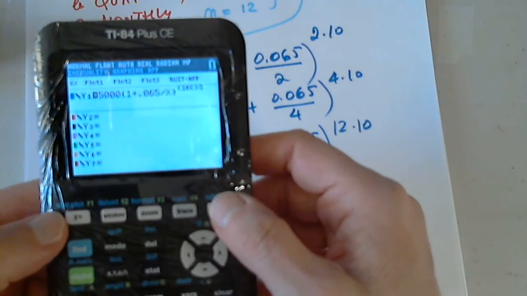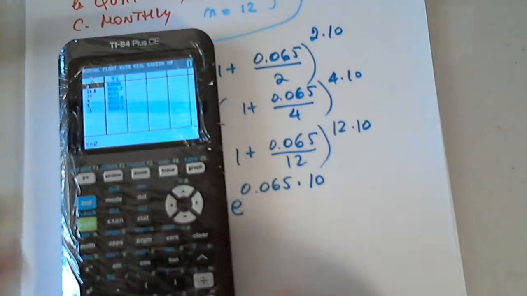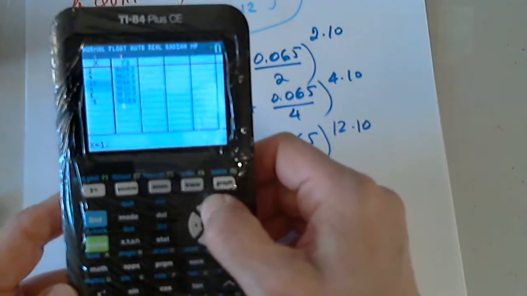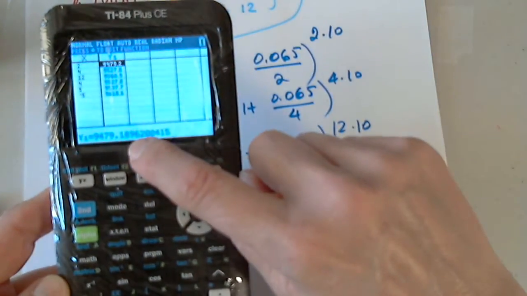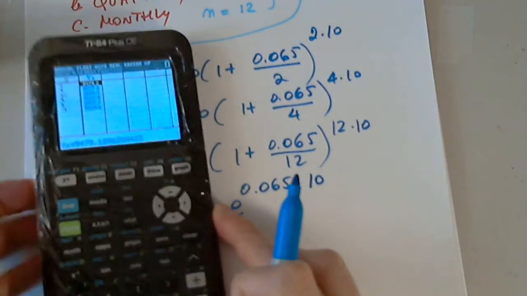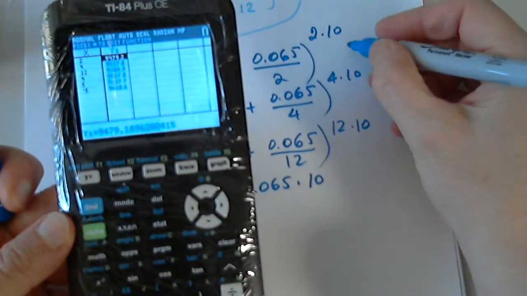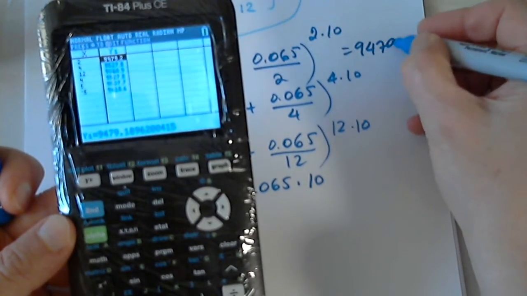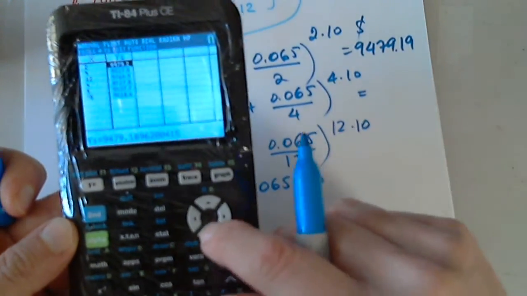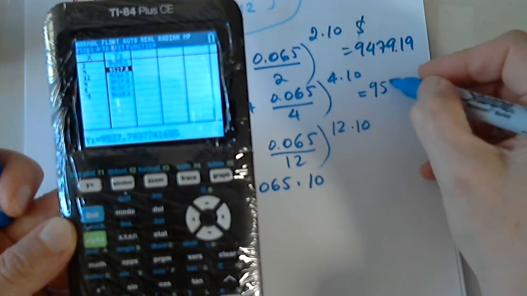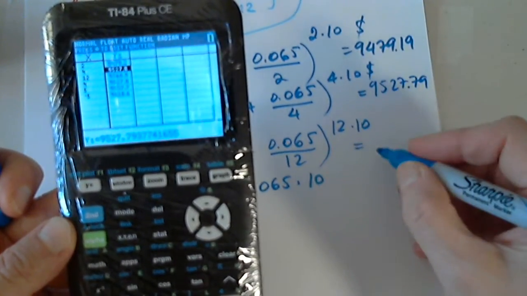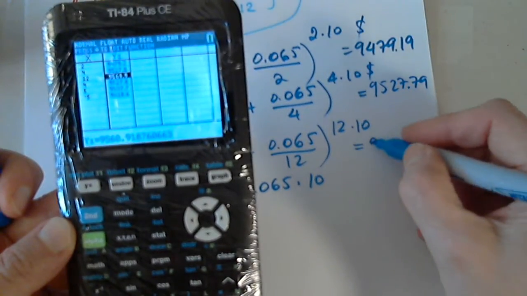Okay, second and table. I put in my numbers: 2, enter, 4, enter, 12, enter, so I don't have to do this several times. Please go back and highlight the number because we need the cents, so we need to round to the nearest hundredth. So this will be 9,479.19. The next one will be 9,527.79. The third one will be 9